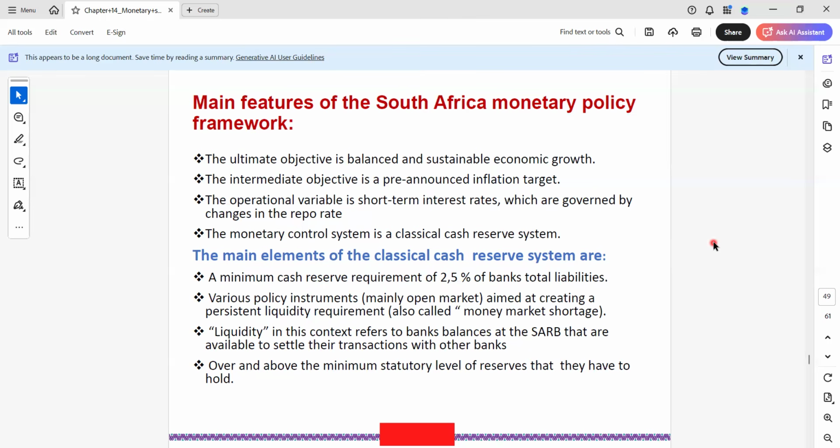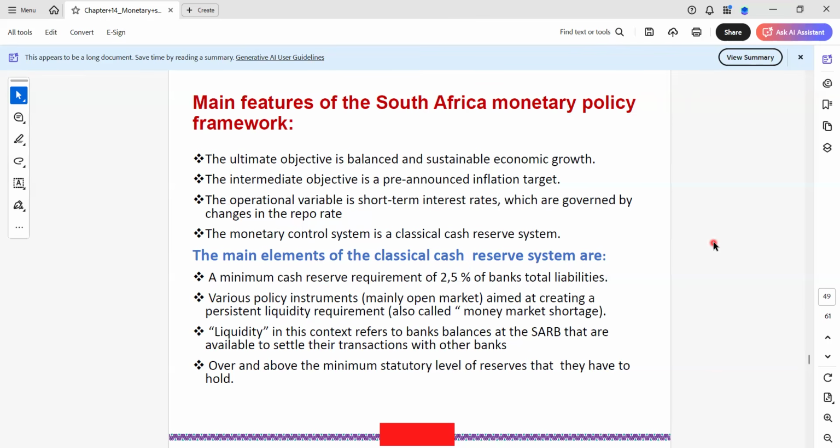Banks have to hold a certain amount of money to ensure that they are solvent. For anything that might happen, they have money to cover their debt or in unforeseen circumstances, for example, like COVID-19, right? But let's say that there's a situation where the bank is experiencing a financial crisis, for example, maybe a person came and stole money from the bank, right? Let me just make an example. So having liquidity or cash reserves is going to help them to be able to cover those debts, right? And to pay people